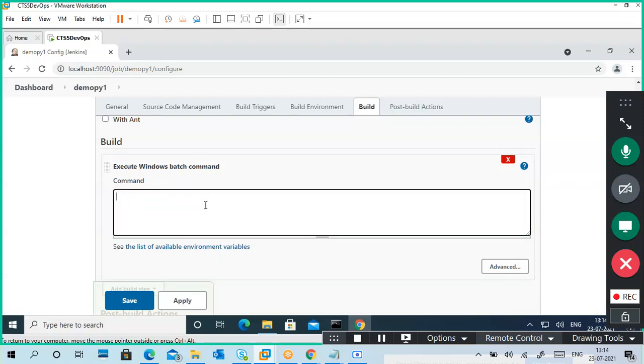Here I put a command. I can use any command like that, so I will give one by one. First change to E, then cd slash, and cd, so what is my folder?